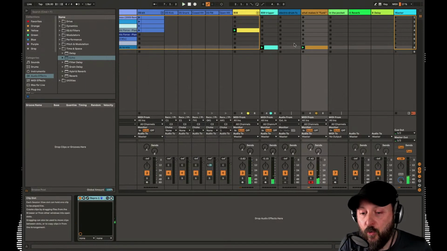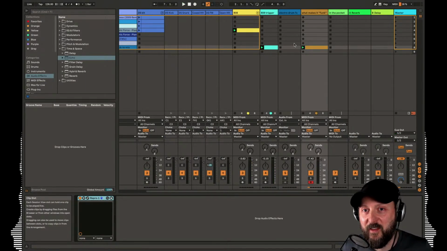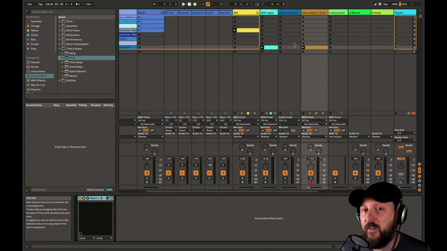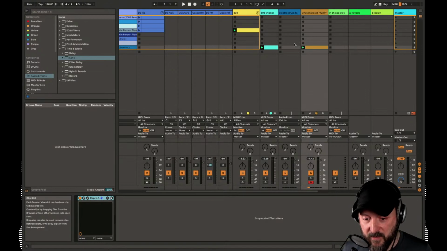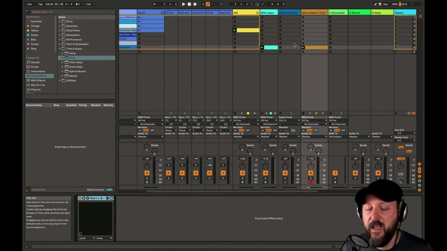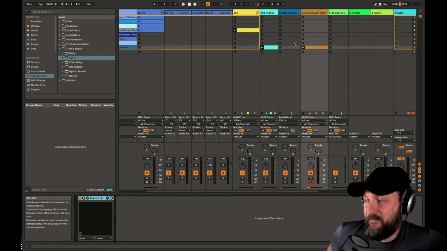And I don't even mind, I didn't quantize that melody that I played in. It has a little looseness to it, and that's another thing that I would look for in something that has a funk kind of feel, is that it has a little bit of push and pull in the rhythm, and it has that human error, right? So